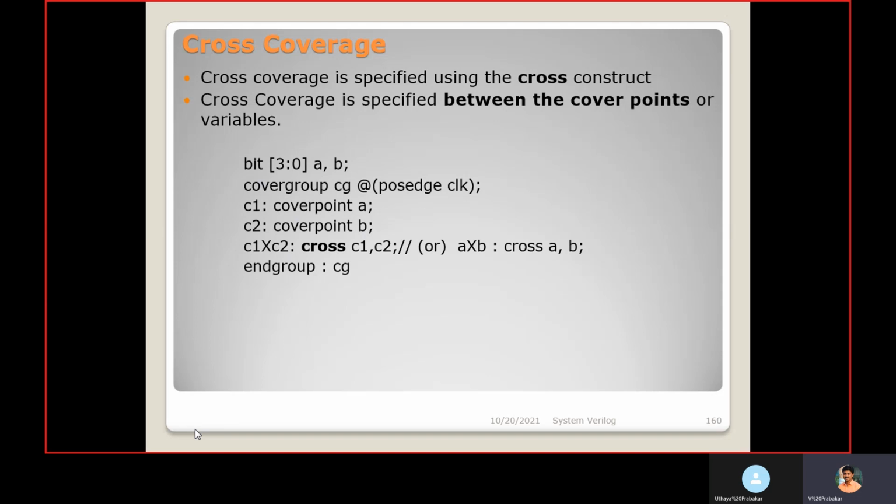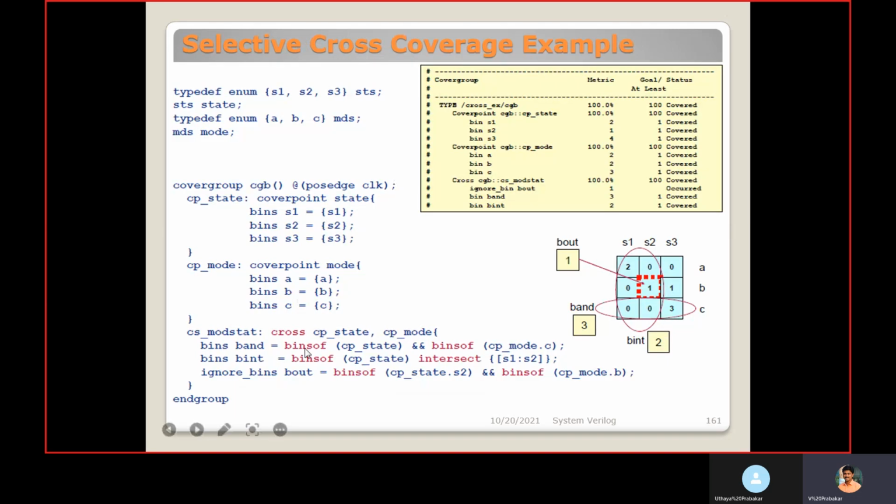Selective cross coverage example. If we want to selectively check the cross between two coverpoints, we can use it like this. So here in this example, we are typedef-ing this enum data type STS. So this is defined as an enum data type. The state is declared as type STS.